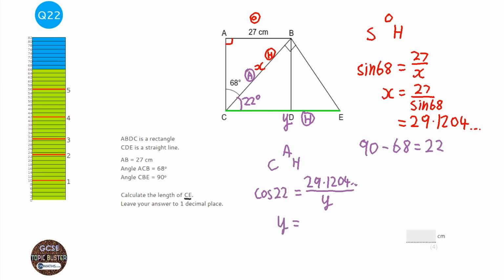So y equals 29.1204 over cos 22. Now I kept that in my calculator, so I can just press divided by cos 22. Press equals, and it's 31.4074 and so on, and it says it wants the answer to one decimal place, so it's going to be